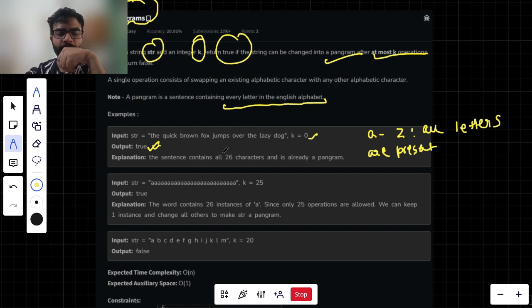But what if we have a different example, say a lot of a's. What you are going to see is that we need 25 operations to get all the letters of the English alphabet. So these are the number of missing letters you have to find. If the value of k is, say, 23, then my answer will be false, because I don't have the adequate number of operations required to fulfill my criteria of